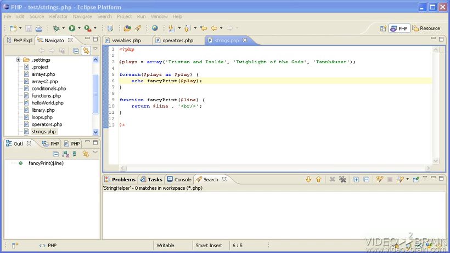Here are a couple things you can do with strings in PHP. I'm going to run through strings character by character and show you how to do lower and uppercase, how to pick parts of a string out of a string, find them in a string, and how to trim the edges, etc. So I've prepared a little example here where we have an array of 3 plays, and then